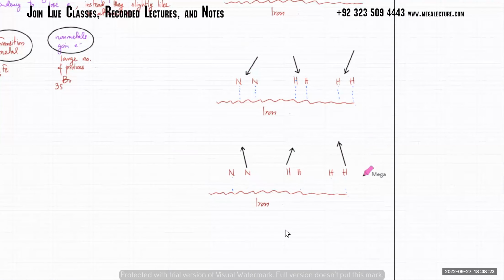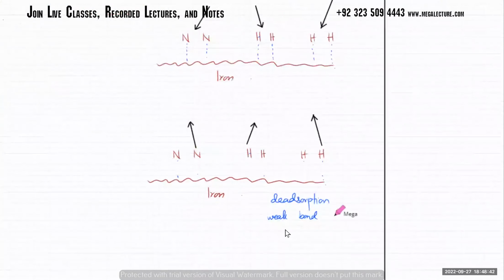Okay, and let me just write this. This is desorption happening. Desorption is that the weak bonds break, because iron was never going to gain those electrons. Iron didn't have a strong tendency to attract electrons, it just had a weak tendency to attract electrons. So the weak bonds would eventually break. So desorption is that the weak bonds between